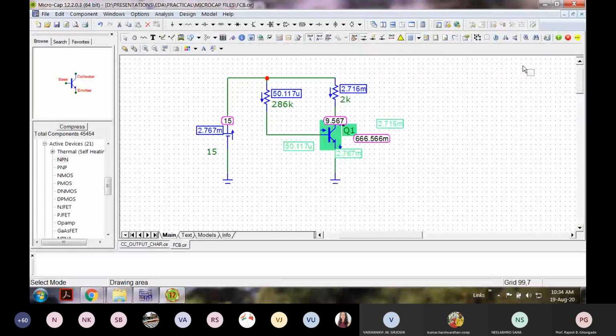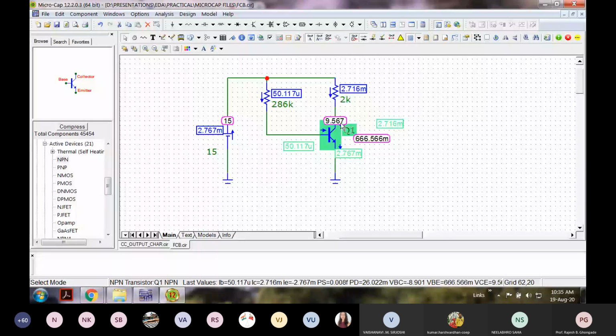Okay, for fixed current bias, we had calculated for beta as 50. The value that we calculated was 10 volts and 2.5 milliamperes, right? Here I'm getting 2.7 and 9.5 milliamperes.